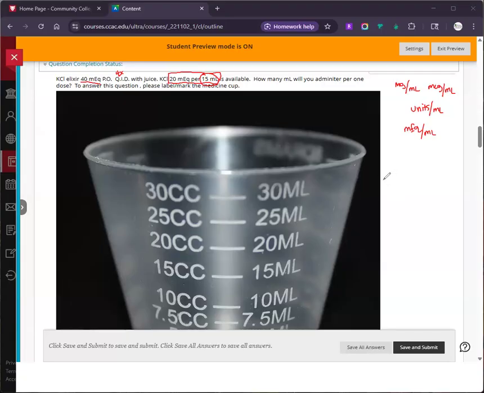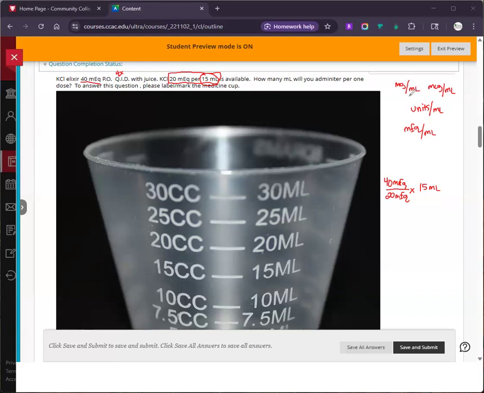I would take my order over my available times my quantity, which is 15 ml. So it's important that you pay attention to the numbers that are there for the quantity. Don't just write 1 every single time. Sometimes it is 1. Sometimes it's just,